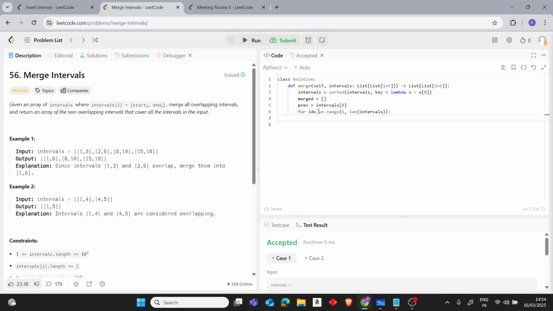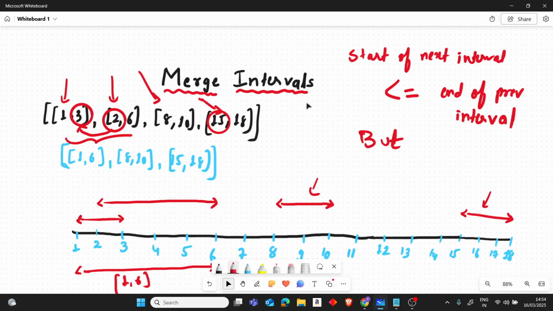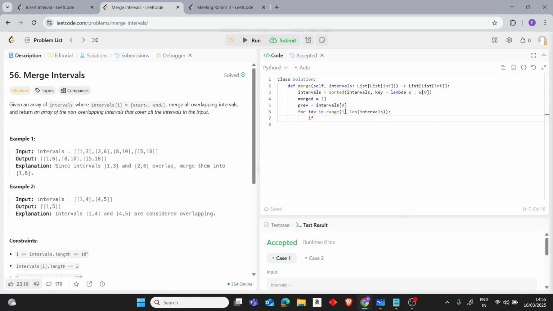And what was our condition? Our condition was, let's check again, what was the condition? That if the starting of the next interval, so right now we are starting from first index, so this is our current, or you can say next, right? And this is our previous, which is 1,3. So right now we are at first index because we are starting from first, so we have to check if